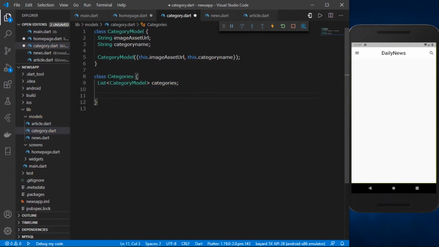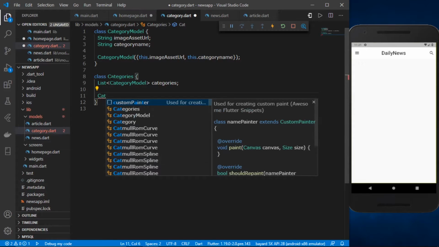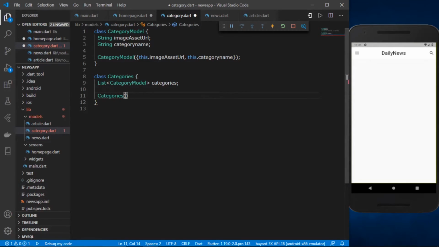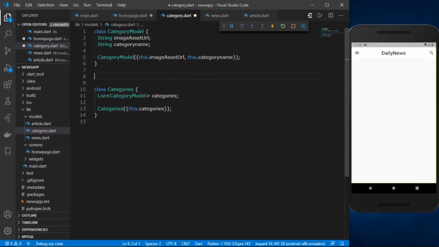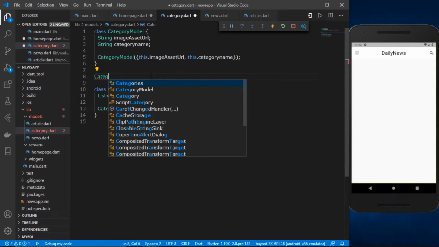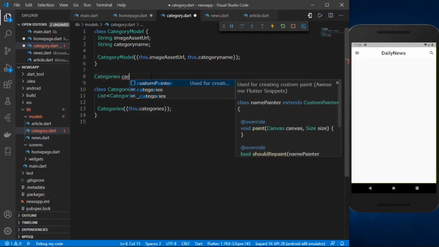Now I'll just initialize this also. So categories, and database it is dot categories. Okay, and after this, what we can do, we can actually define the list of categories. So right here, what I'm going to do, I'm going to define categories, and it will be the category list